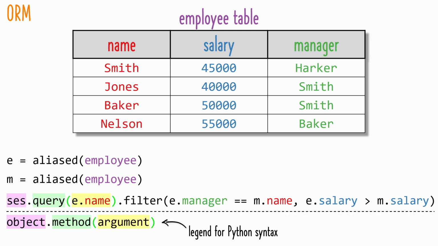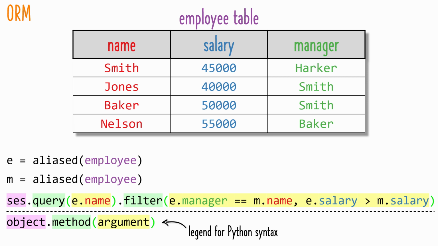If you're not familiar with Python syntax, we use a session object to connect to a database system and call its query method. We use method chaining to make our programs easier to read by eliminating intermediate variables. Here, the query and filter methods will be used by the ORM to generate a select statement to pass to